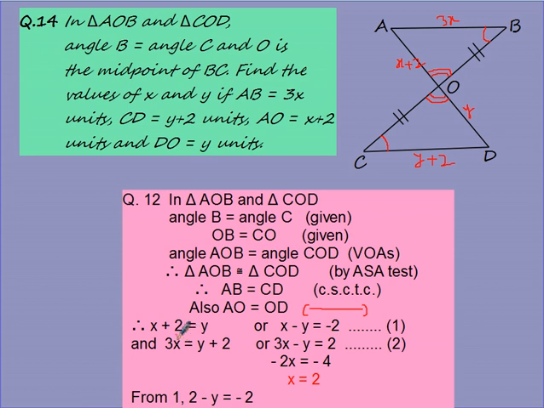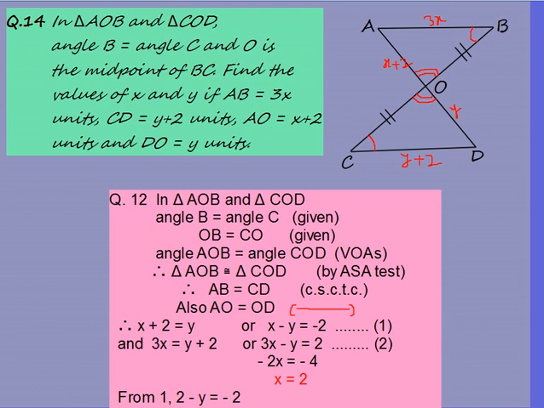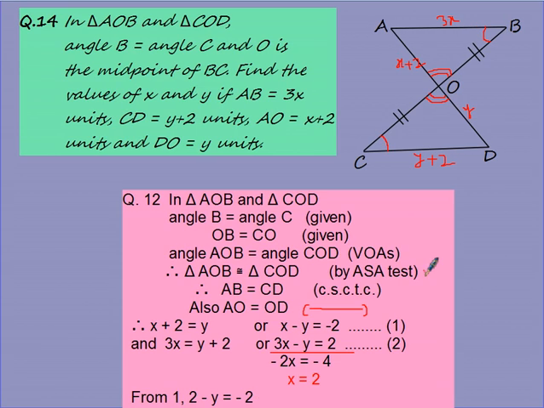Therefore, as I told you, x plus 2 is y. I got x minus y equal to minus 2. And 3x is y plus 2. Good question it is. 3x minus y is 2. Now here you can easily subtract. So you can just draw a line here and you can change the sign. So this is your negative, so it will become positive. That is why we are subtracting them. So it gets cancelled. This y will get cancelled.